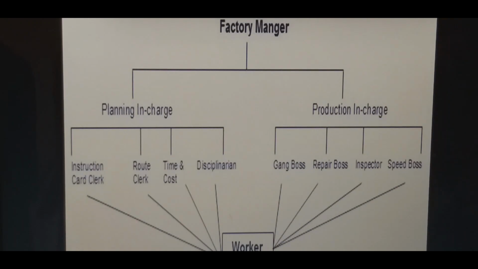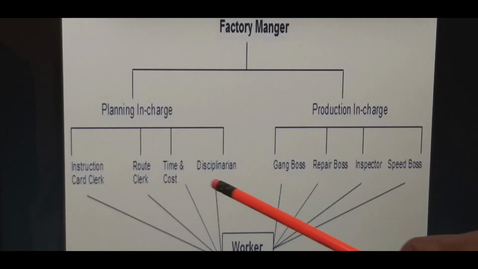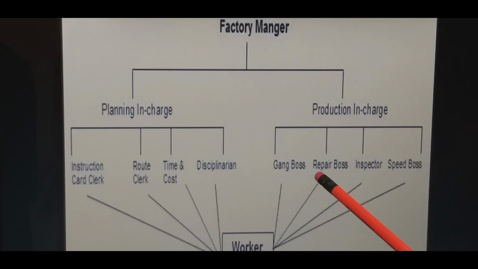Now, the basic idea behind this technique was that when a worker receives instruction, when he works under the supervision of the foremen who are specialists in their field, Taylor believed that that will help in increasing the efficiency of the worker, because he is being supervised by the people who are specialists in their respective fields. Now I'll go through the functions of each and every foreman being given here.